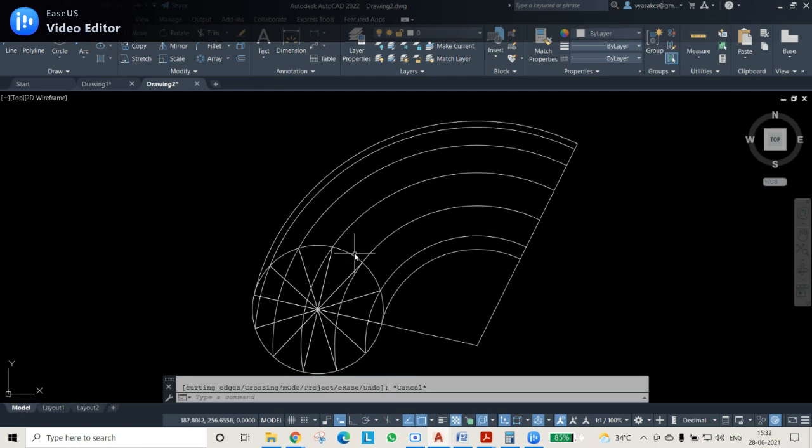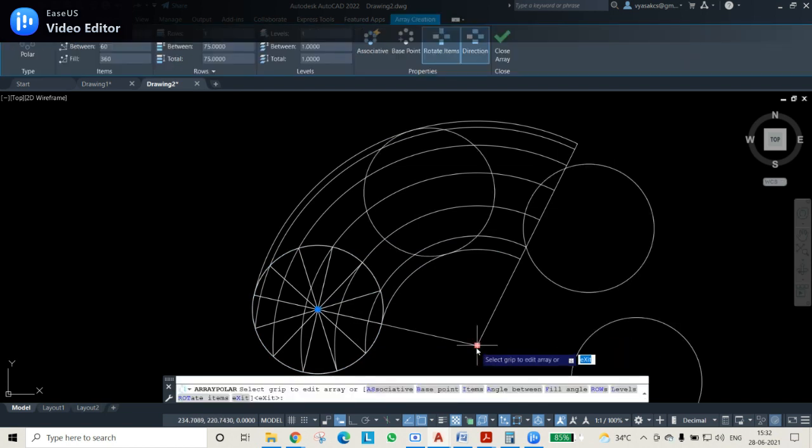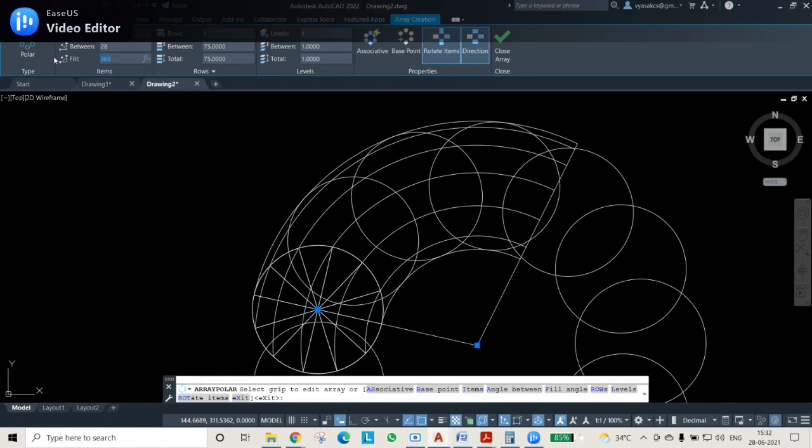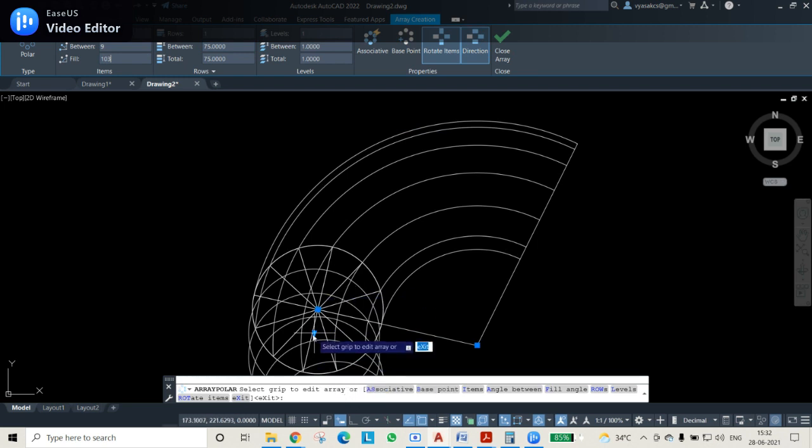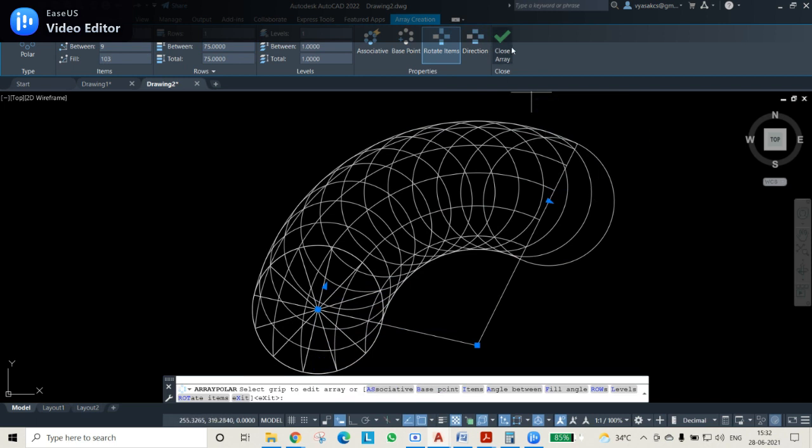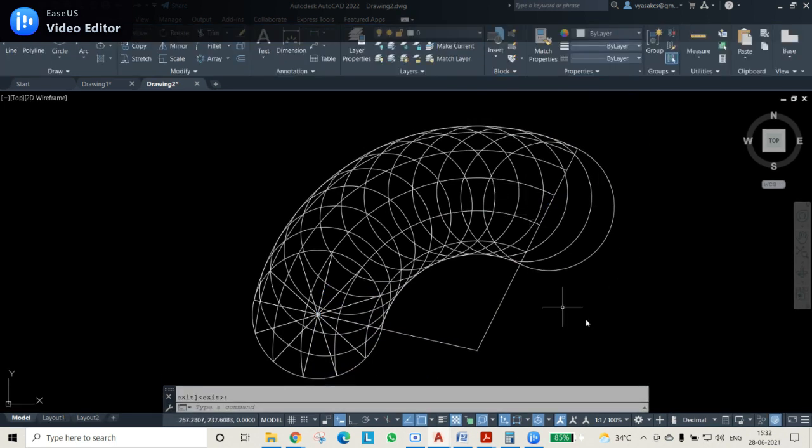Once this is finished, select this internal circle and use polar array with this as center. That is the diameter of the bigger circle, that is 175 circle, and use 13 items. Instead of 360, you give an angle of 103 degrees, and the direction is in the opposite direction. So I want it in another direction, so I'll press direction here. It is changed to this direction, and then press close. In a lower end version, it will be minus 103 degrees. In this case, it is 103 degrees, and direction should be clicked separately.